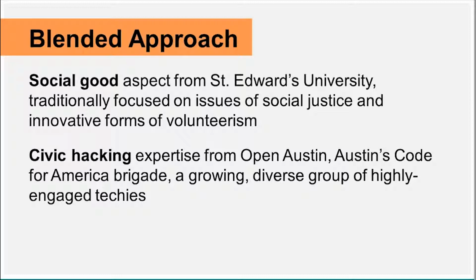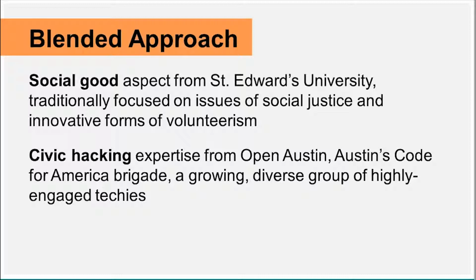Around 2012, Austin became a Code for America fellowship city, and Code for America also launched its brigade program, and we were in the inaugural class of the brigade. So we've been around doing advocacy and hacking for several years, but as a very small grassroots volunteer organization, with no paid staff, there's limits to the abilities of what we can do and the kinds of events we can sponsor.